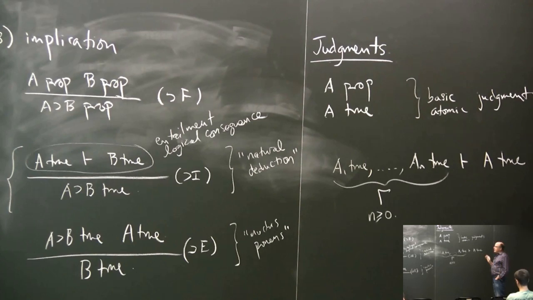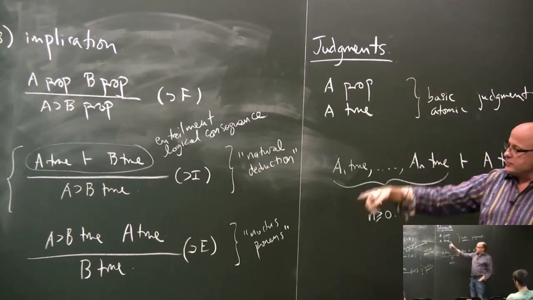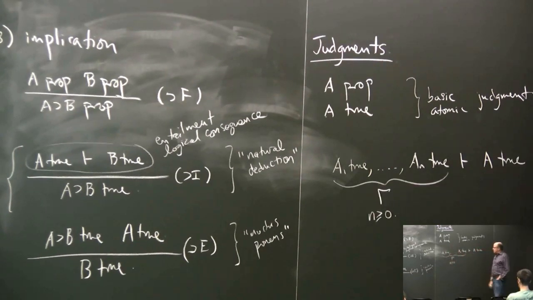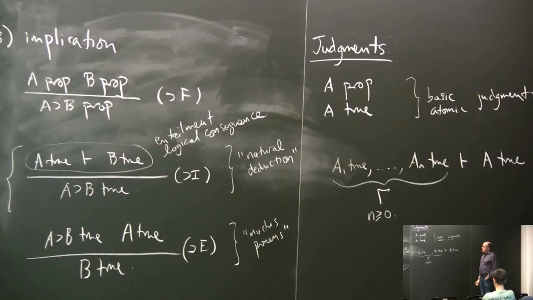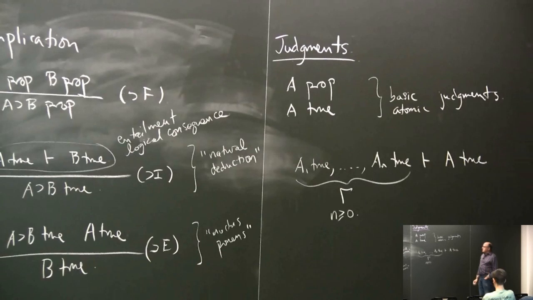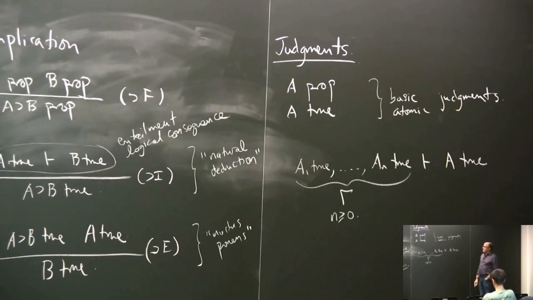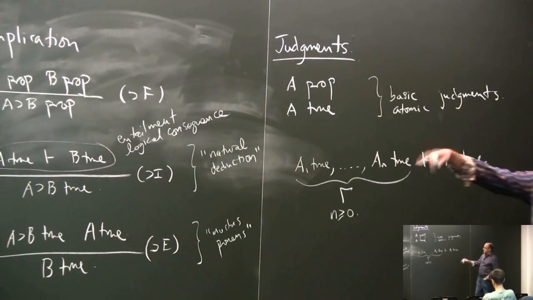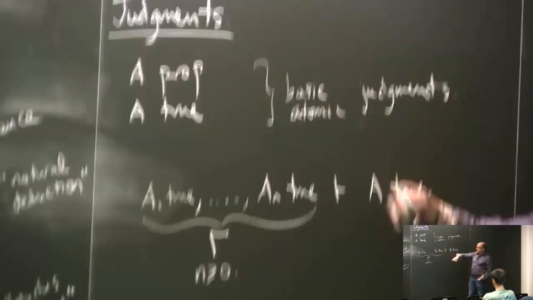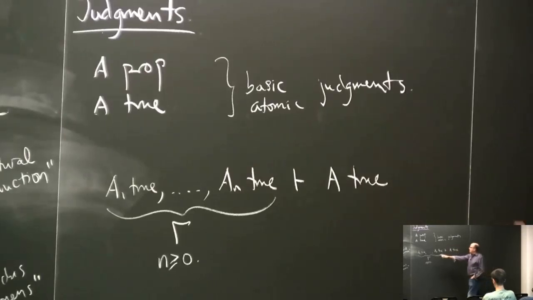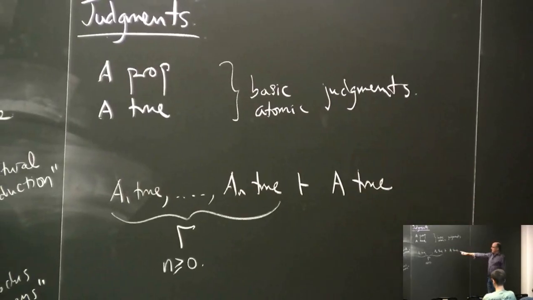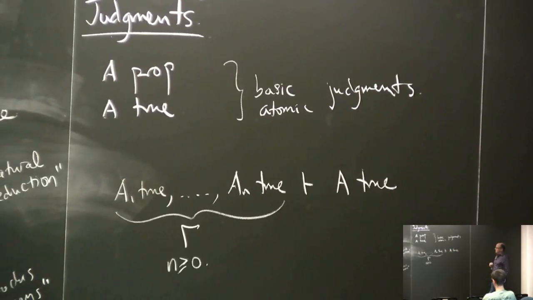But before I do that, I want to say something about the nature of these rules, which we should be careful about. I'm not entirely sure where's the right moment to bring it up, so let me defer it. I'm going to say something about these rules having to do with uniformity, which I'll come back to in a minute. But right now, let me just talk about the notion of logical consequence.